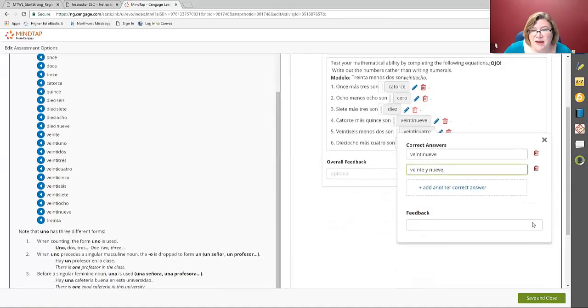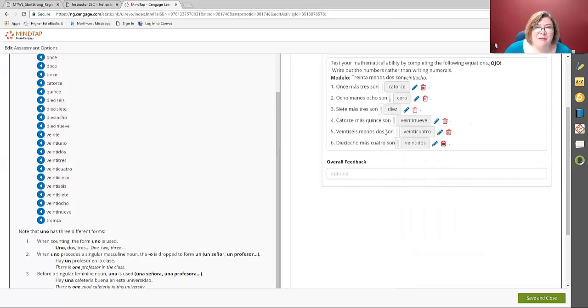So I can go back, add that to my dashboard, and if there was something else I wanted to add in as well. So it's just an easy way of updating material. This is a really good way. So for example, with numbers that I picked here, I learned my numbers for 16 through 29 as a 3-word combination. But in the 2000s, they started teaching this 1-word combination. I accept both, I know both, but I find that some of my students had high school Spanish teachers that they know that 3-word combination, so I set it up where it's customizable.